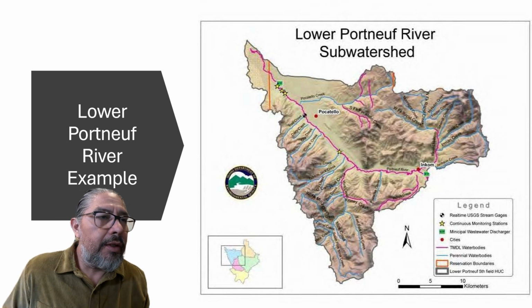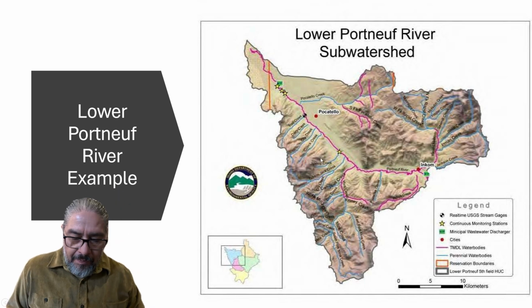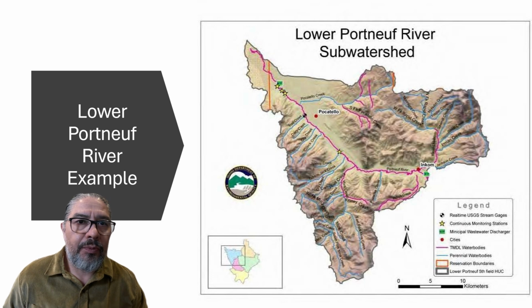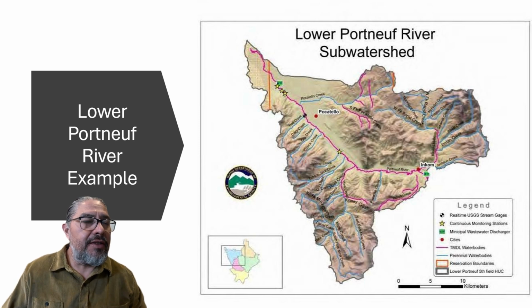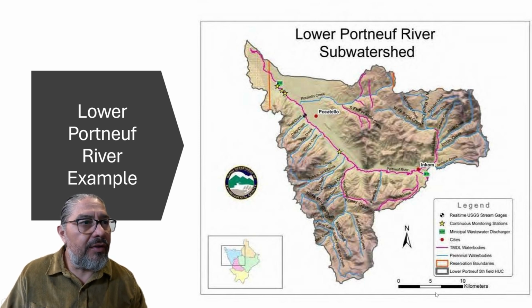Okay, so now I'm going to go into a little bit of a discussion on this tool and how it works and how we get the data and information to make the tool work. And so we're putting in good data, and we're getting out results that are relatively real world results. Like I said, we're going to be focusing on the lower Portneuf River. Here, there's Pocatello. These are the monitoring sites where they've been collecting this data on phosphate and nitrogen loads in